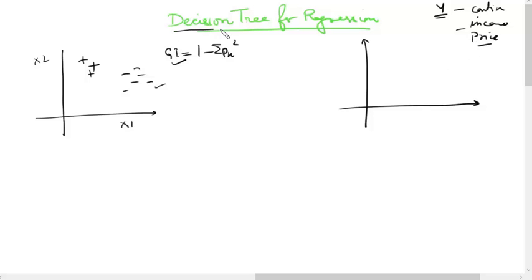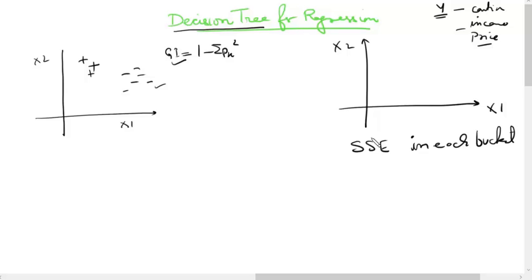Decision tree will always create a split. We will always make decisions and create splits. So how do we create splits in case of regression then? What we do in case of regression is we create splits in such a way that it minimizes the sum of squared error in each bucket. Just like in linear regression, where we try to minimize the sum of squared error by drawing a line, in case of a decision tree for regression, we try to create a split, or we take a decision in such a way that the two buckets that are created after a split have the minimum value of sum of